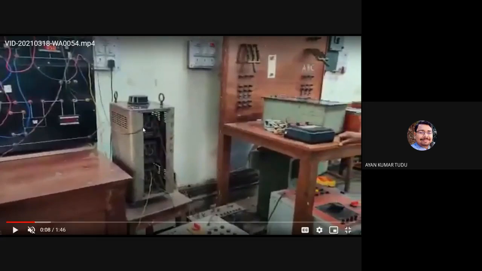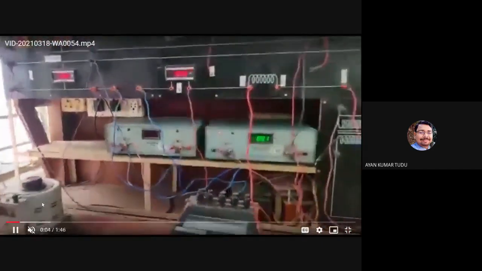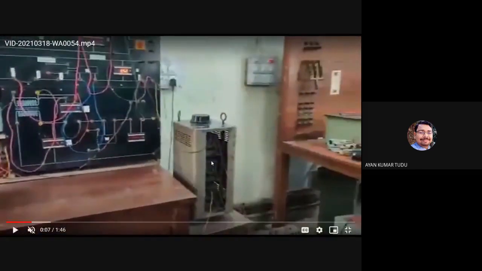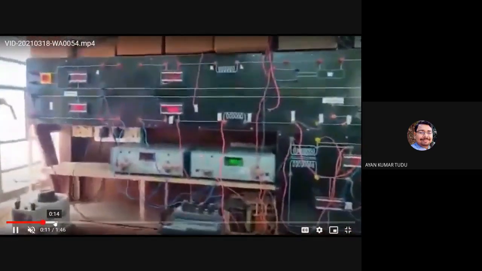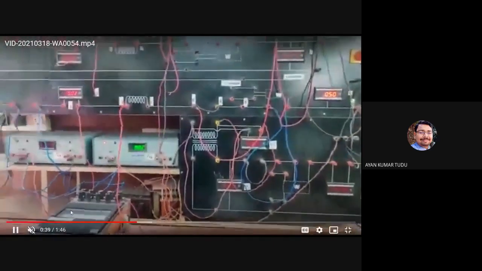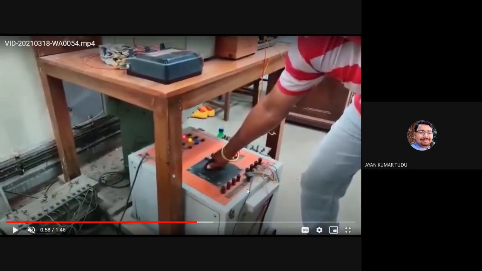This is the phase shifter. This is one variac, and here is the other variac, for the sending end, and that is the demostat for the receiving end. And that is our phase shifter. By changing that phase shifter, we'll be changing the value of this delta. And this is the wattmeter. This is the phase shifting transformer that we're using to change the value of that delta angle.